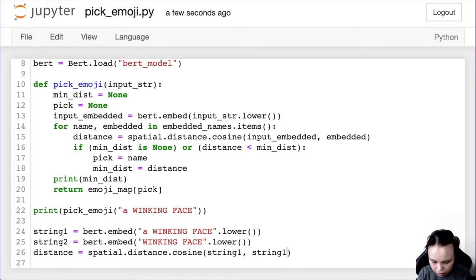And yeah, I want to print it out, right? I want to print out what's the difference between these two. I want to compare this distance with this distance.